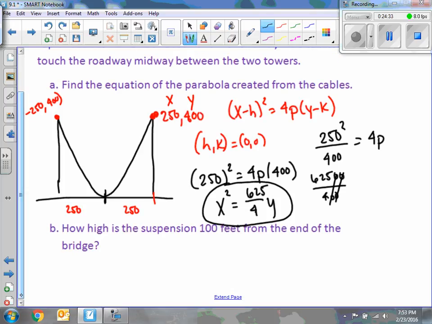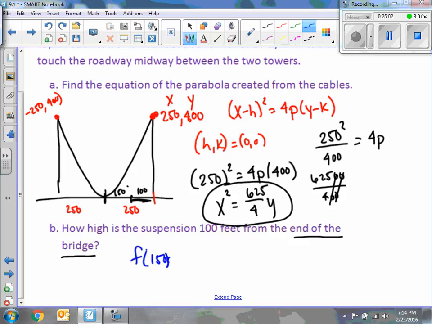How high is the suspension bridge 100 feet from the end of the bridge? Key there, from the end of the bridge. So if we go 100 feet from the end of the bridge, we've actually gone 150 feet. So we just need to calculate what f of 100 is. Sorry, not 100, f of 150. F of 150 is